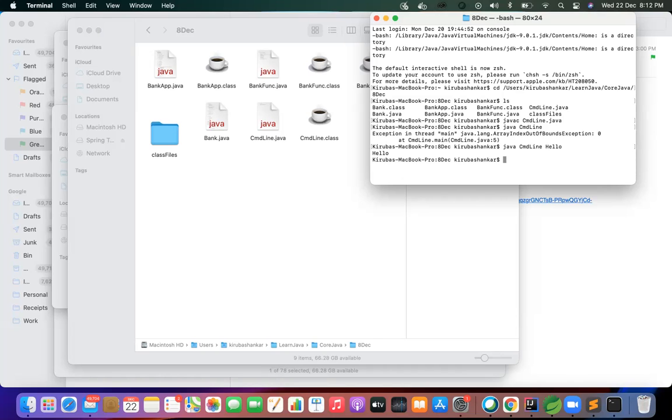Even if you now pass more than that, give one more string. It will not throw any error because we haven't defined any specific size in our main method. So it will accept any number of inputs, but the one which we are printing is only index 0. So through this way also, we can execute our program.